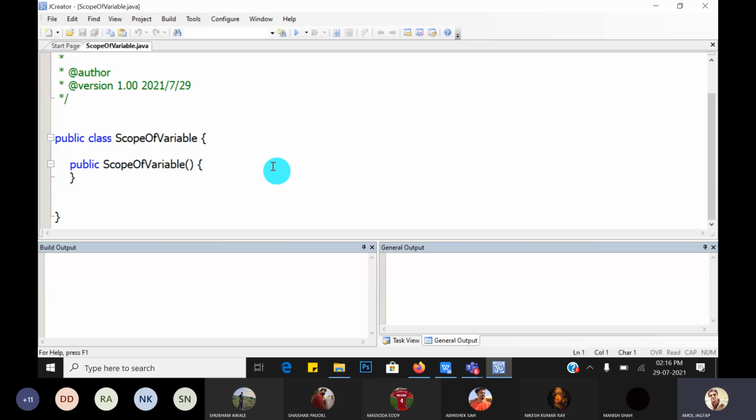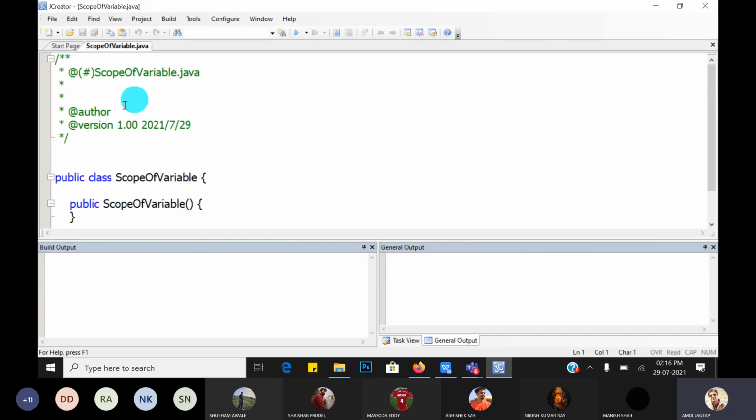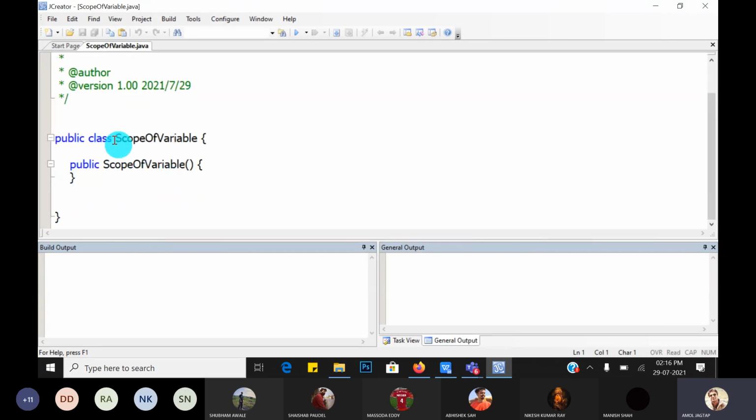So this is all about the class already created. So public class scope of variable, that is the name of the class, which is the same as that of the file, that is the Java file, scope of variable dot Java. Okay, this is called a constructor. Every class in Java has a default constructor by default, meaning a zero argument constructor, because a constructor is a special type of member function having the same name as the class name.